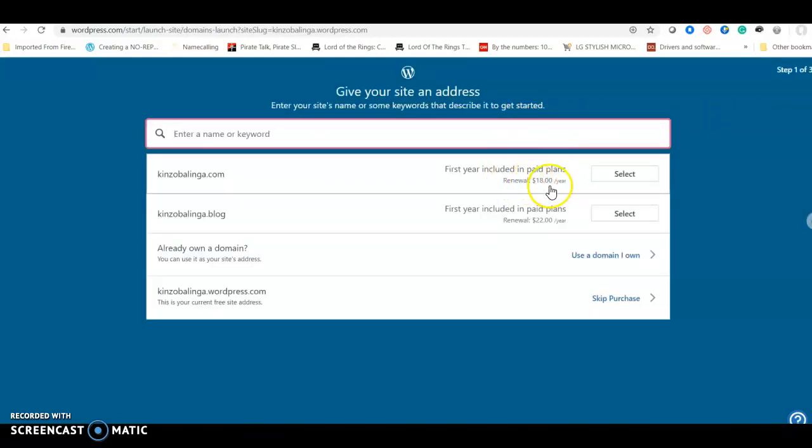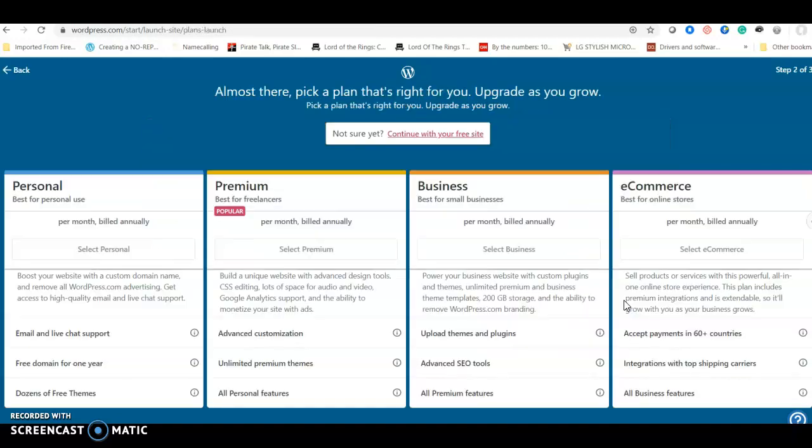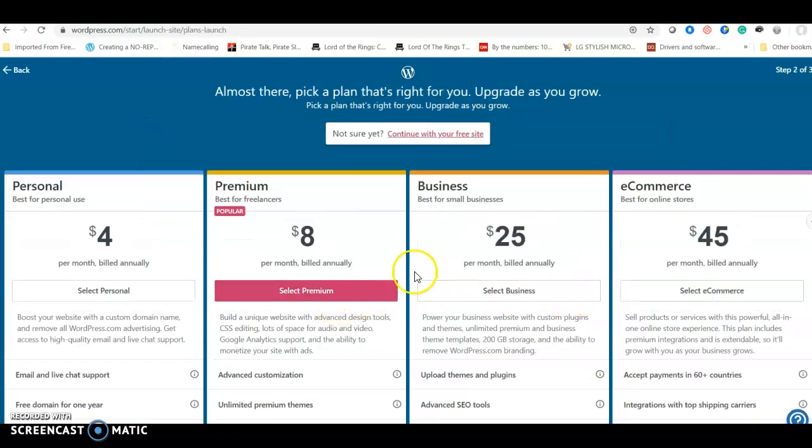Yeah, this is it. You have to pay. You select a name that you want, that which will suit you, right? And the plans are there for you to use. Now, this is a current free address. Then if I say skip purchase, it will ask me, okay, there's a plan for you